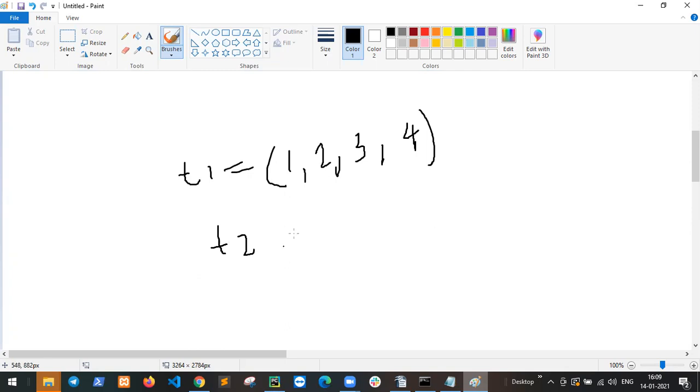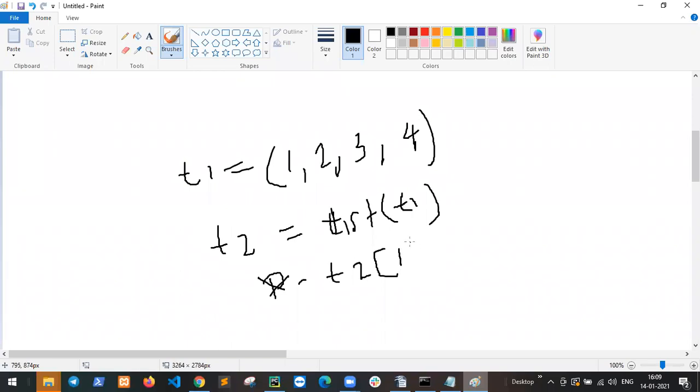T2 equal to list function of T1, and then T2 of index 1 equal to 5, and print T2. This is an important question that interviewers ask in interviews.